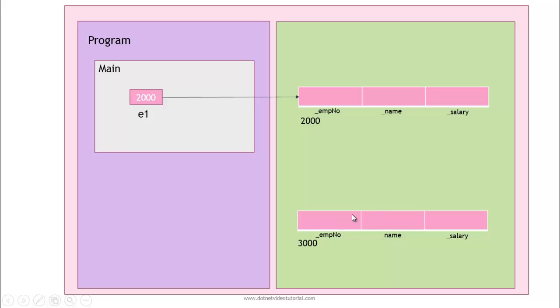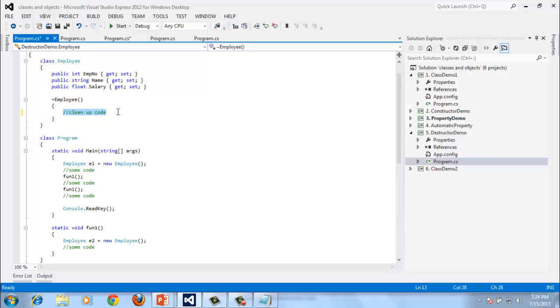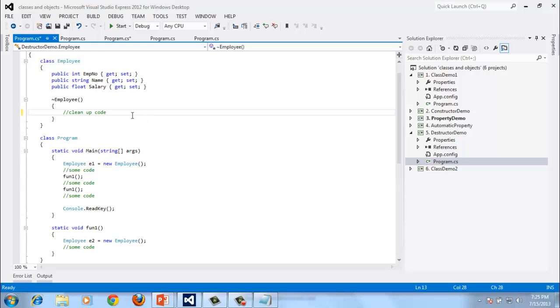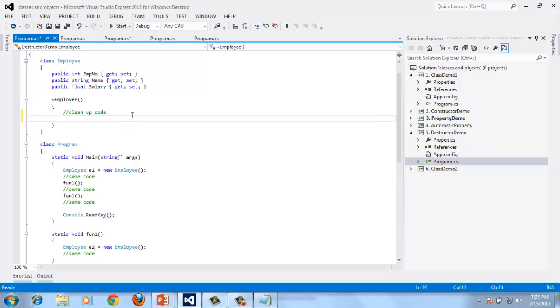And if your class has a destructor, then before destroying this object, the garbage collector will call that destructor, execute that cleanup code, and then come back and destroy this object. So that's why I'm saying that inside a destructor you can write some cleanup code. Also, when your program stops executing, at that time also the garbage collector will get called, and your destructor will get called. Just to demonstrate it, you can write over here